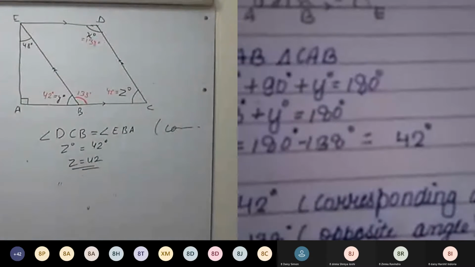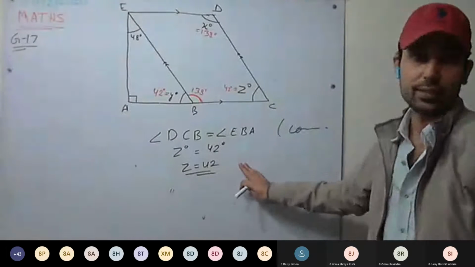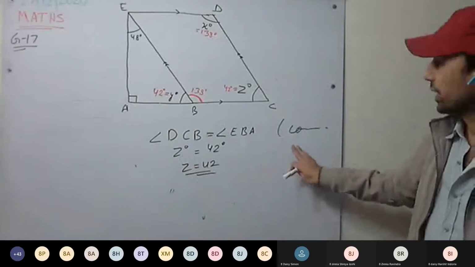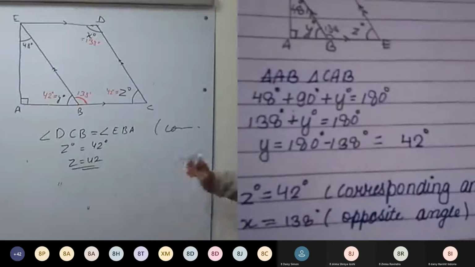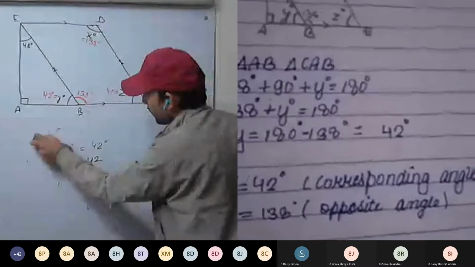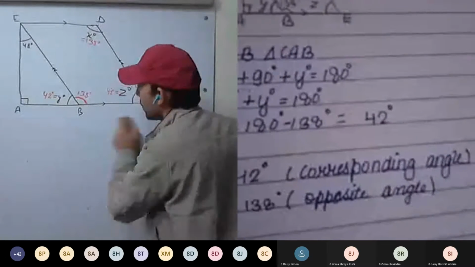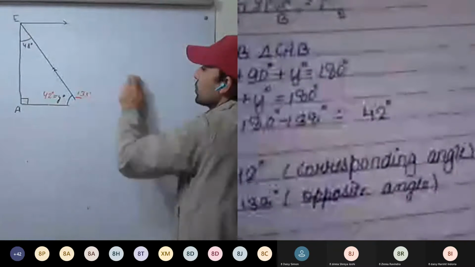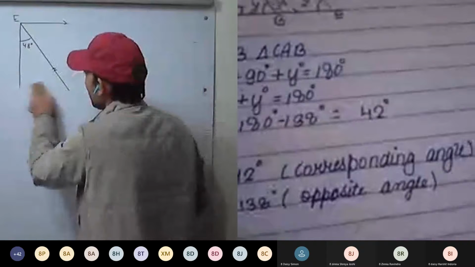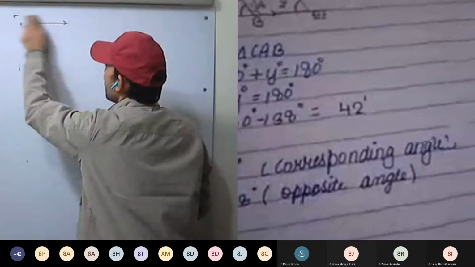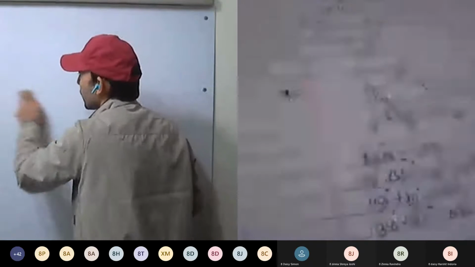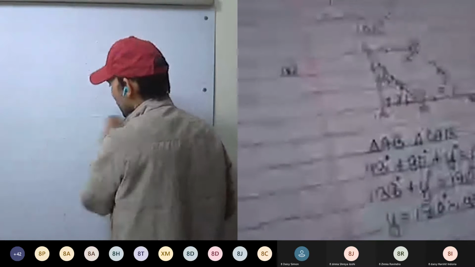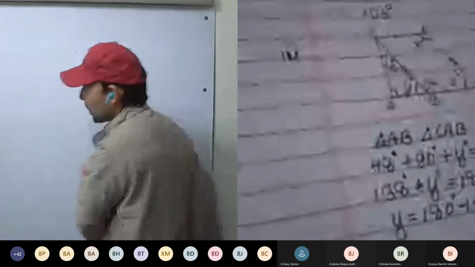180 minus 100. That is fine. Okay, this is fine. Now do the next question. First, look at the figure, draw the figure, and look at the figure for a minute, and then solve it. How you can solve? First, figure it out. Then start writing the steps. Don't simply start.